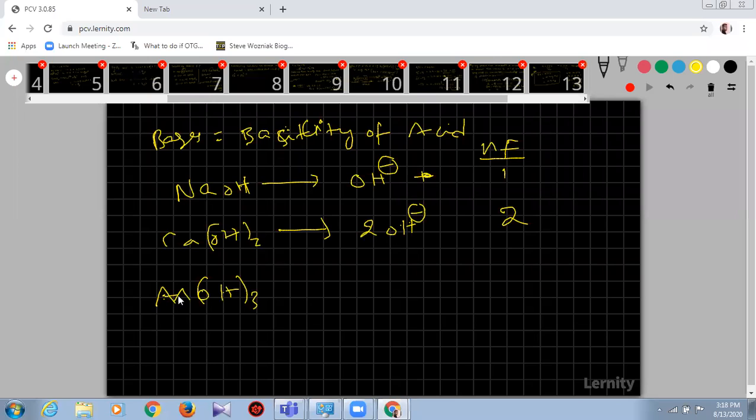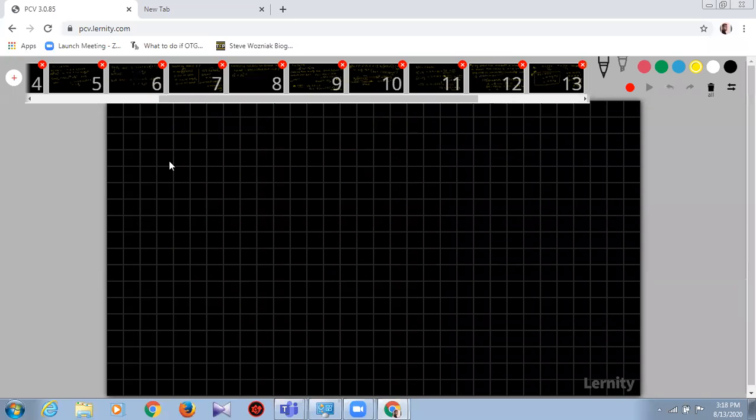Okay, aluminum hydroxide. How many here? So 3 OH minus would be released. I'm not writing the other ions because there's no time, so I'm simply going directly to the n factor, which is 3. Now that one is finished, and this one also finishes here. What is one? The bases are also finished.